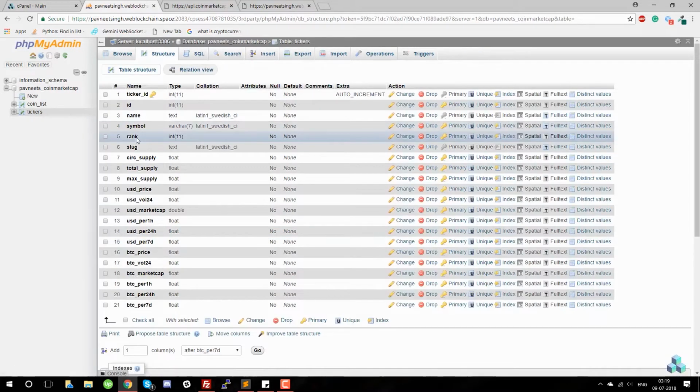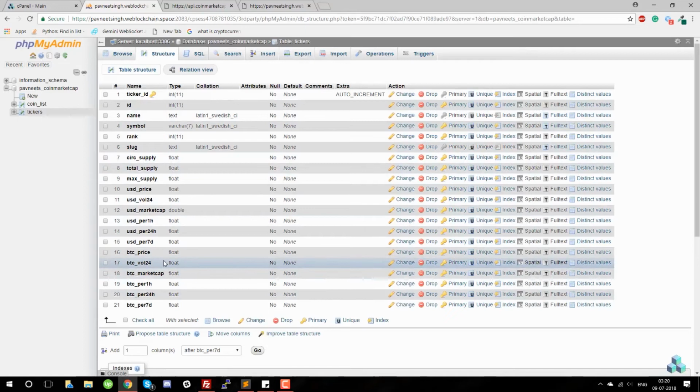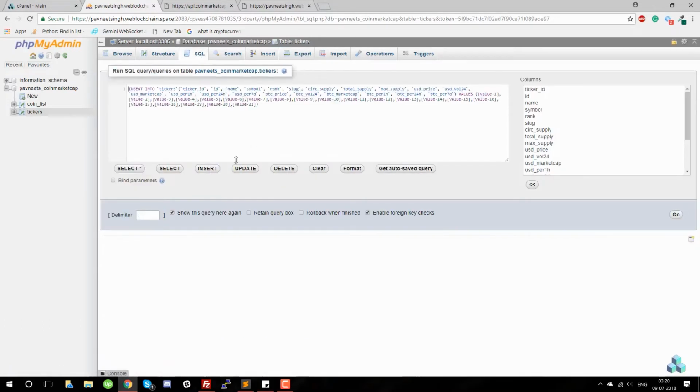And here is our table. So we've got ID, name, symbol, rank, slug, and all these other values. So writing an insert query for this whole mess is quite a lot. So what we'll do is we'll use an easier way. We go to SQL and click on insert. We get our insert query already written. You just have to copy it,